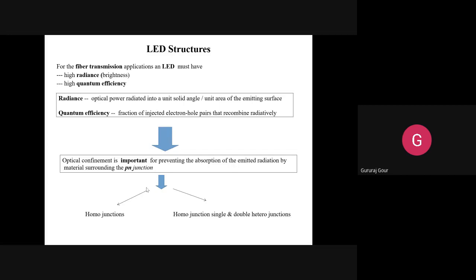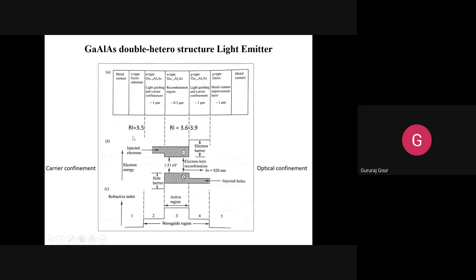So today's topic is based on the double heterostructure of LED and its two variants. In detail, we already discussed in the last two sessions why we are going for this double heterostructure of LED, or light emitting device, and how it is going to resolve your carrier confinement and optical confinement problems and give you a coherent light by resolving both the issues.